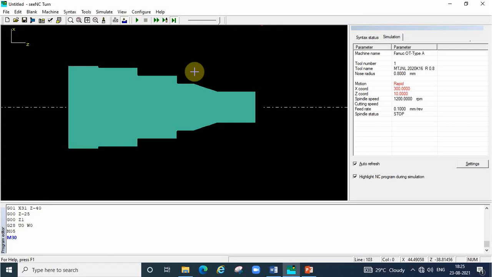Next slide we will see the canned cycle. Why we are following the canned cycle means, now we are writing many lines for the simple profile. To minimize the number of lines we go for canned cycle. The number of lines will be less. We will see in the next slide with the canned cycle. You just go through this slide and understand the concept.